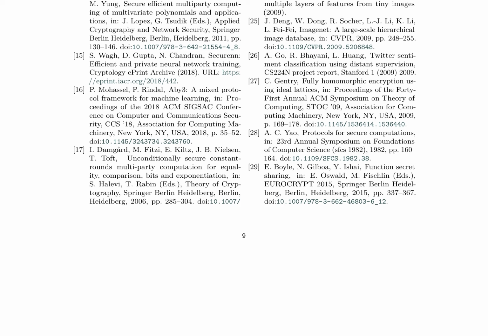Advancements in deep learning, including residual learning, attention mechanisms, and normalization techniques, have significantly improved the accuracy and efficiency of neural networks, making them more suitable for real-world applications. Benchmark datasets, such as ImageNet and Twitter sentiment, are essential for evaluating the performance of neural networks. Fully homomorphic encryption has the potential to enhance the privacy and security of MPC protocols further.